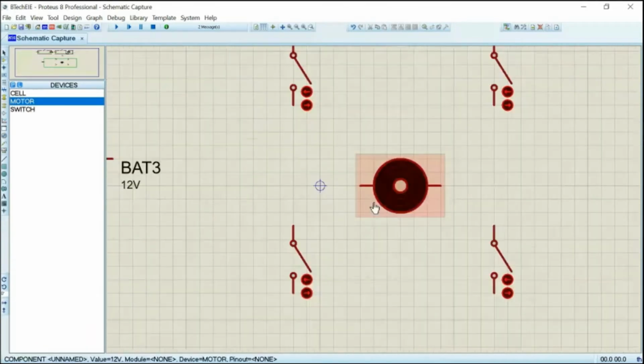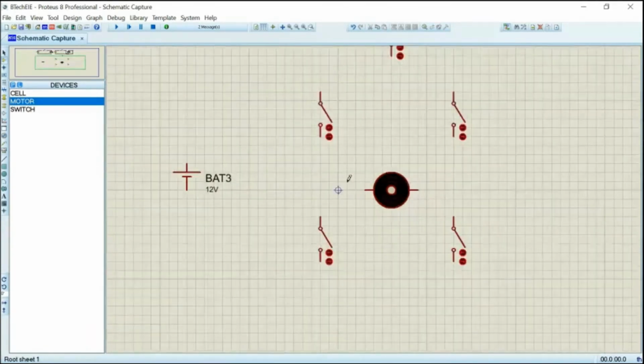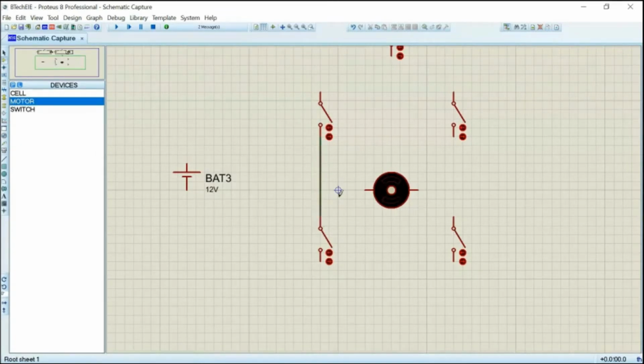So how do we start the connections? Let us construct the H bridge. So press, drag, release, again press. Press, drag, again press. So once you press, the wire appears, you can drag it, and then you press again, it terminates.